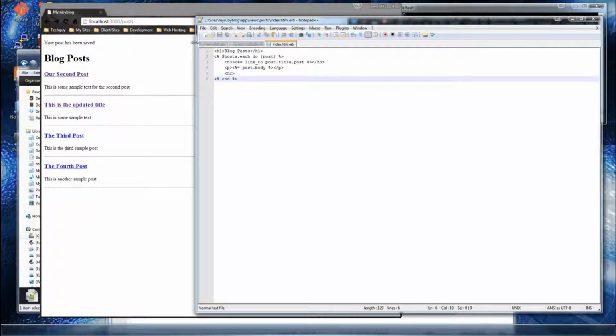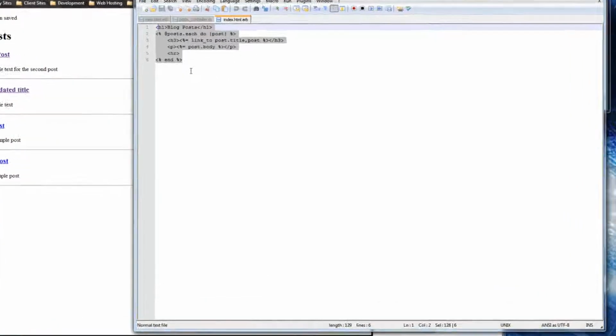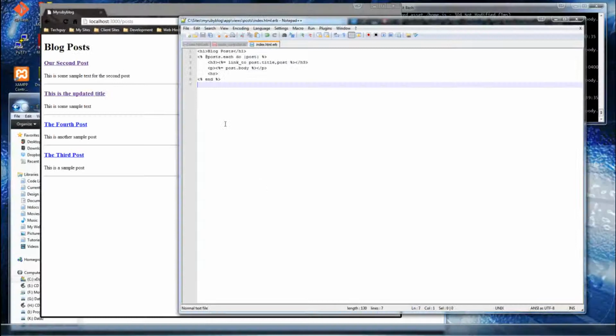and you can see this little bit of code, these 6 lines of code, will give us every blog post. Obviously when you get too many, we're going to do pagination and just have it nice and neat, but you can see that it's a very little amount of code for a lot of content. So what I want to do now is just add a link to add a new post, so we don't have to go to post/new. And we can do that using the link_to helper. So we'll say link_to, and then here we want to put the text that we want the link to display in the browser. So we'll just put add new post,